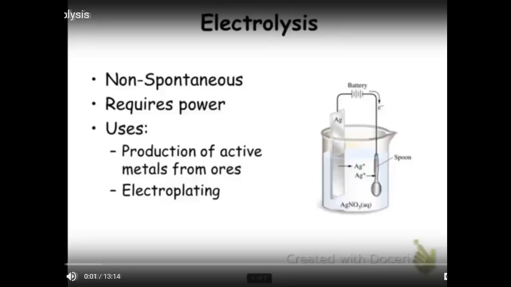Going to talk about a different type of electrochemical cell, and that is electrolysis. Now, electrolysis is quite different from galvanic or voltaic cells in that the reactions are not spontaneous. You need to use a battery or some power source. So why bother? Well, the reason is we use electrolysis to do a lot of useful things, like